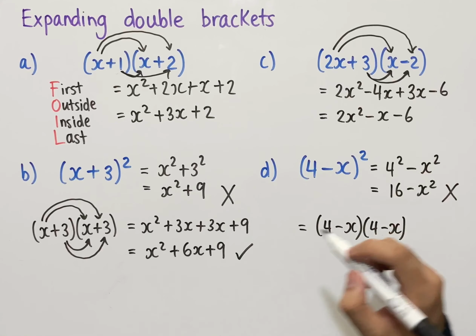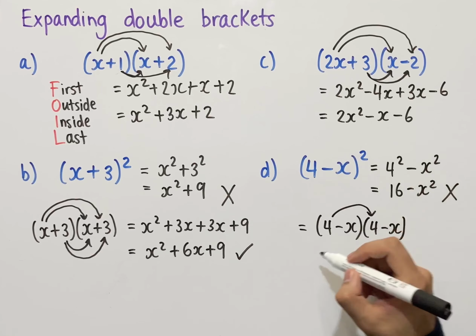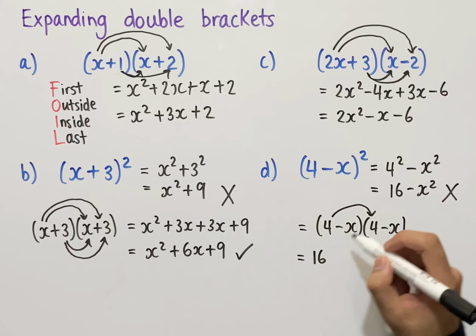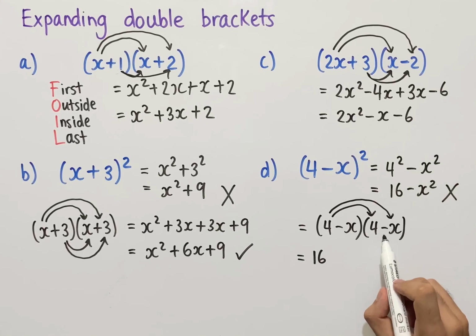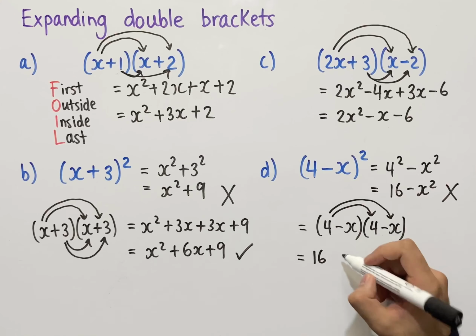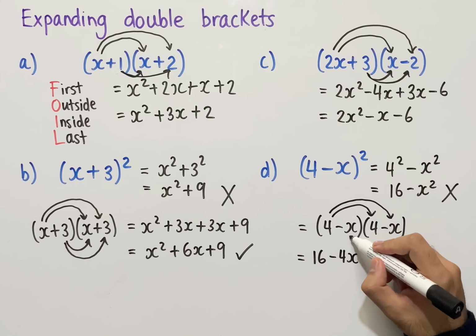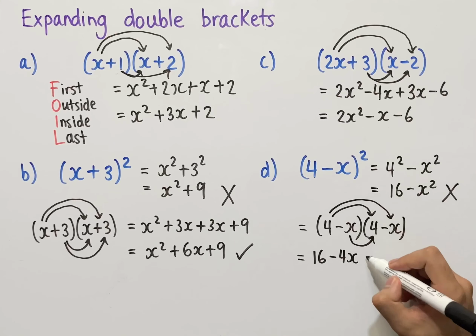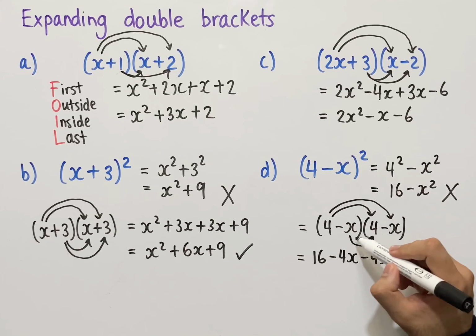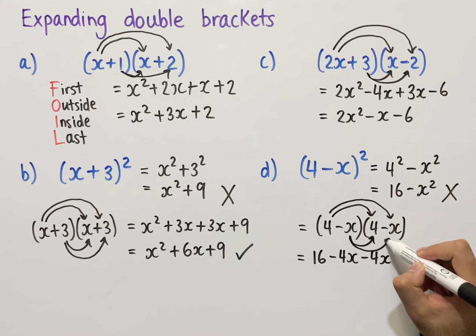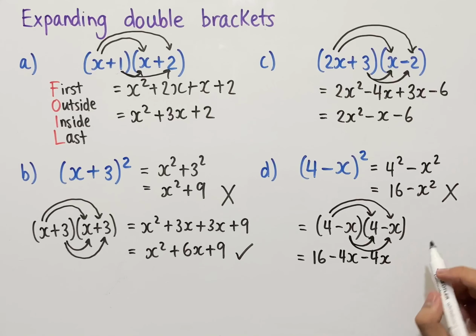Now using the FOIL method, start with the first term, so 4 times 4, which gives us 16. Then we have the terms on the outside, so 4 times, remember the negative sign, 4 times minus x, which is minus 4x. Then we look at the terms on the inside, so minus x times 4, which is again minus 4x. And then we look at the last terms. So minus x times minus x, remembering to include the negatives. So minus x times minus x is